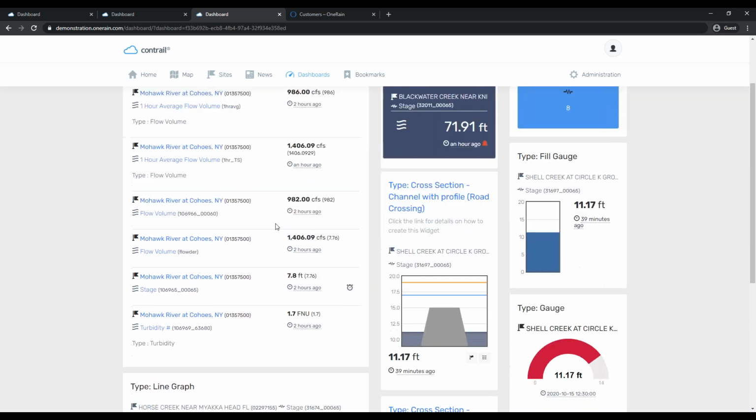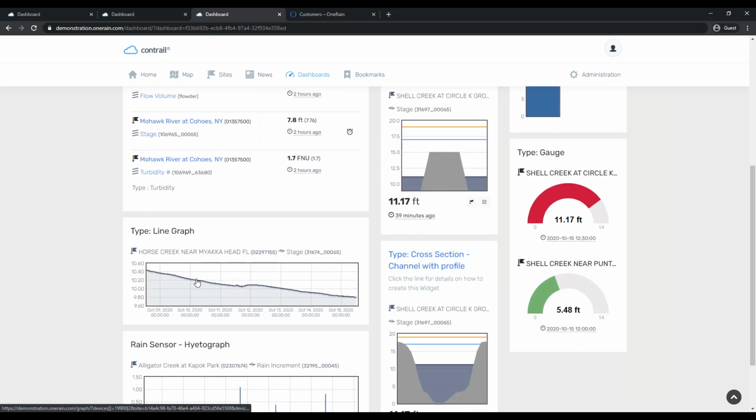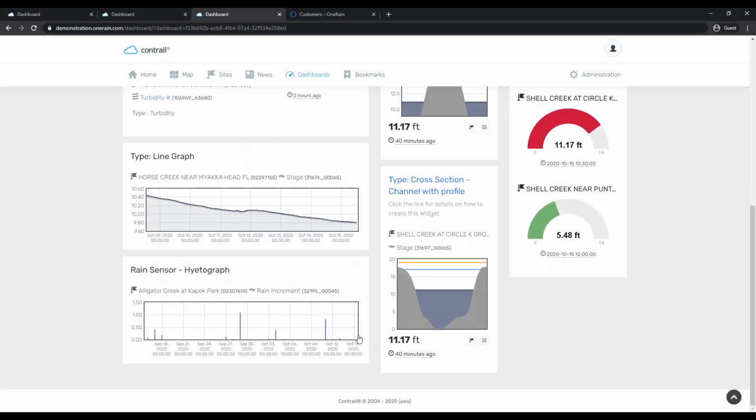List to show the data, where it came from, the timestamp. A line graph will show you data points over your designated amount of time. For rain sensors, especially rain increment, there's a hyetograph option, which will show you binned rainfall data across a period